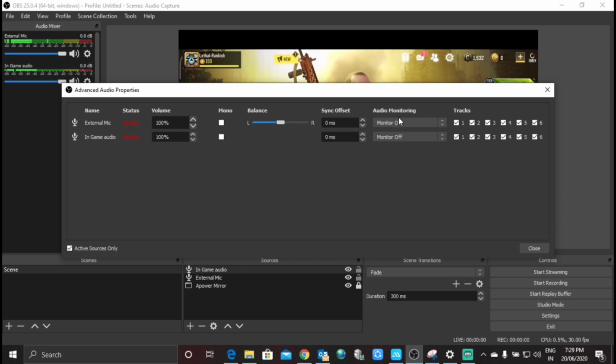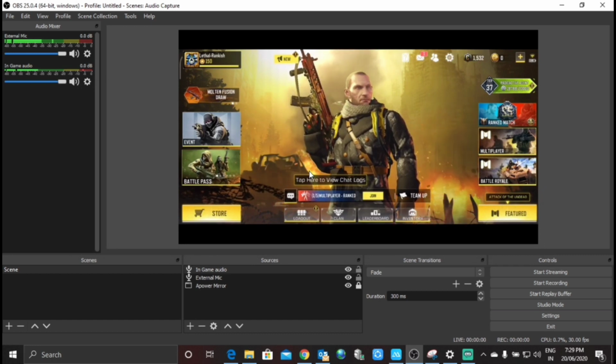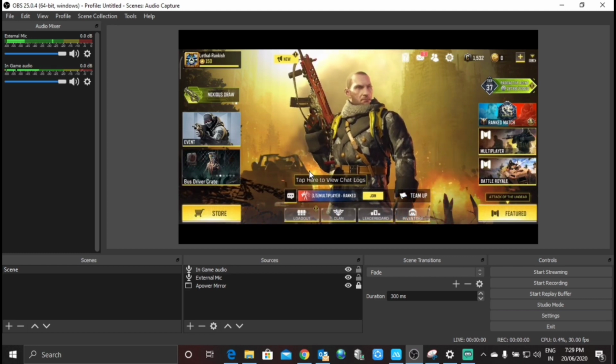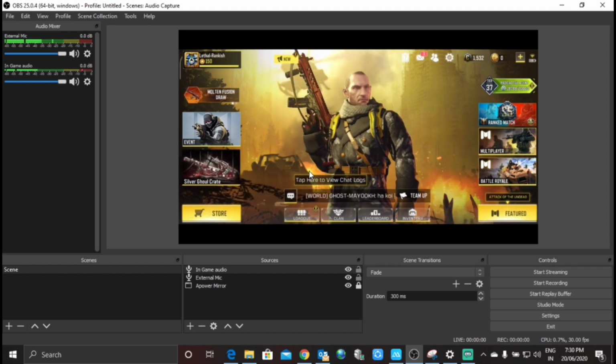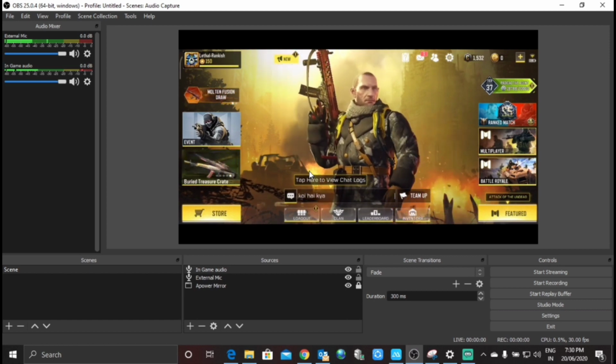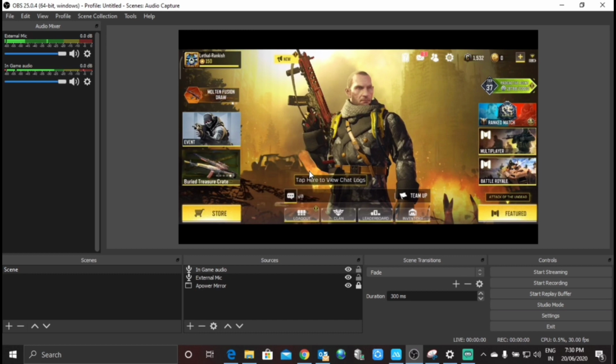Okay, anyways, so this is another way where you can see whether these mics and everything are active or not, whether these sources are active or not. Okay, now I'm going to close this. So this is how you can do the setup for the audio for your streaming. In my earlier videos, I told you how you can first mirror your gameplay from your mobile, whether it is PUBG Mobile or Call of Duty Mobile. And in this video I have told you the setup to achieve the complete audio in your OBS.